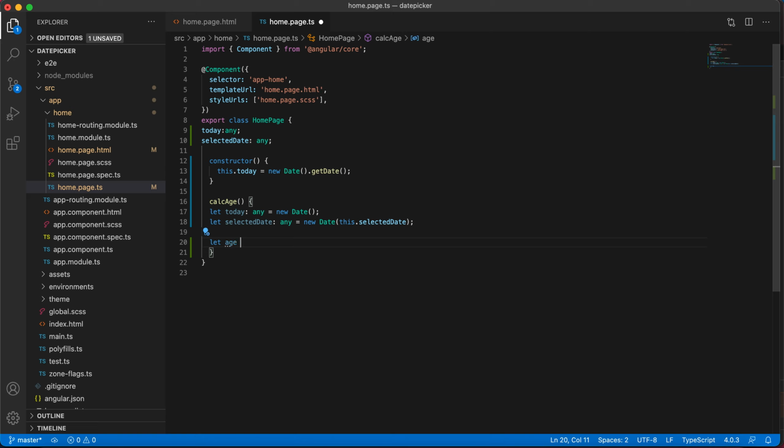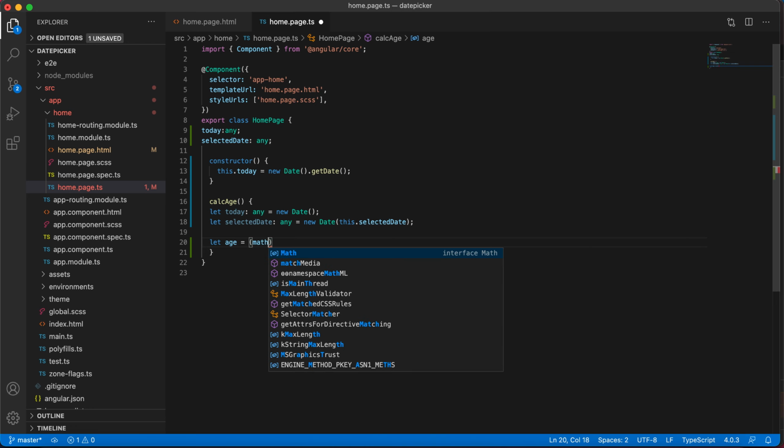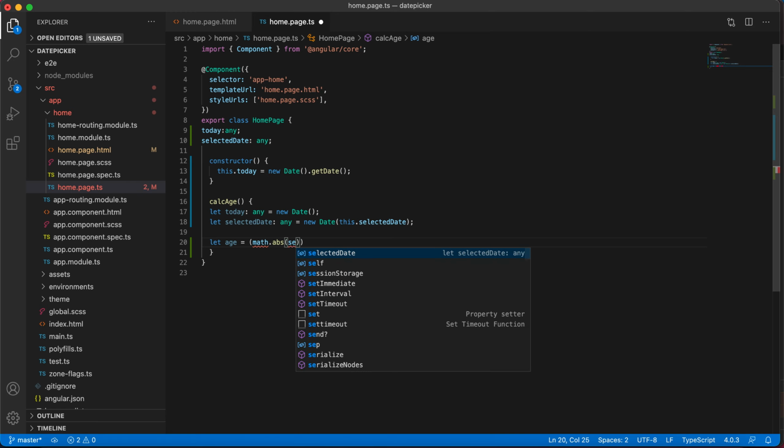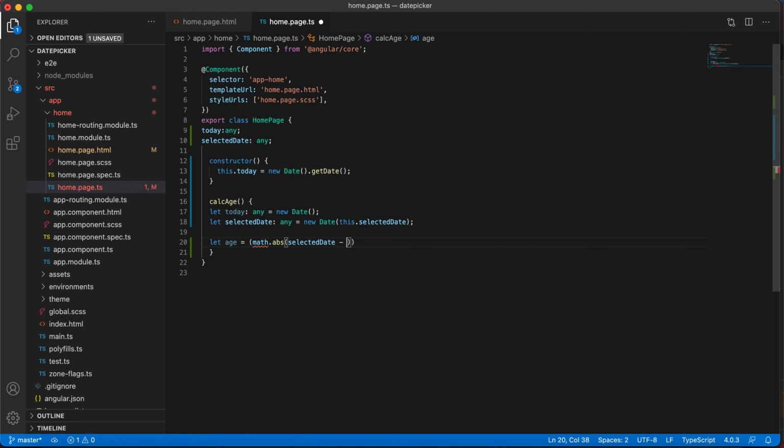Let age = Math.floor of (selectedDate minus today) divided by 24 into 60 into 60 into 1000;